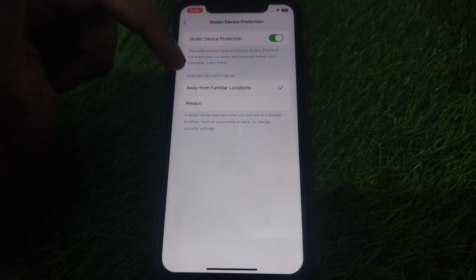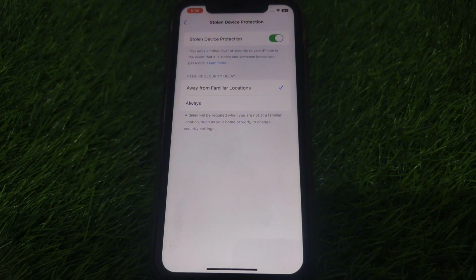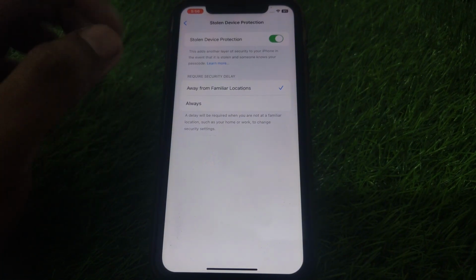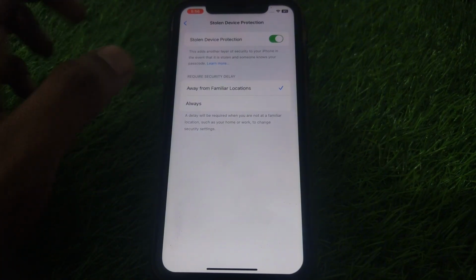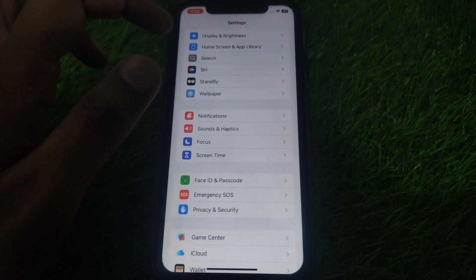Moreover, there are also options available: Require Security Delay Away from Familiar Locations, and the second one is Always. So you can simply set the location of your iPhone, and it will ask for a security delay when you are away from the familiar location, and if you are at your familiar location, then it will not ask for the security delay. But if you select Always, then it will ask for a security delay every time you try to turn off Stolen Device Protection or try to change the passcode on your iPhone